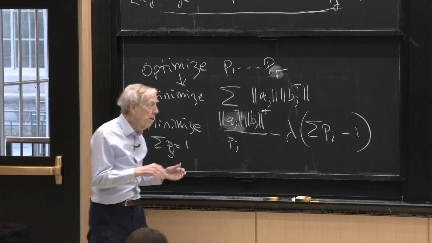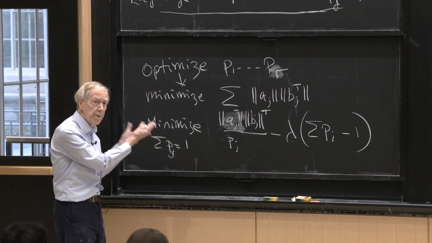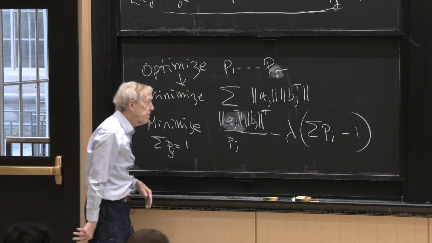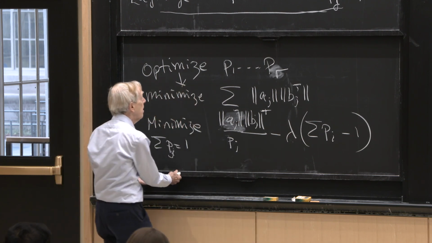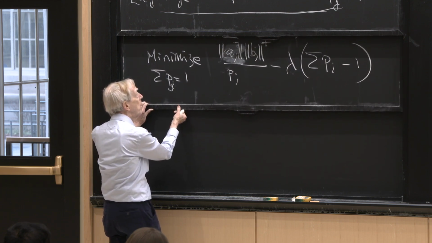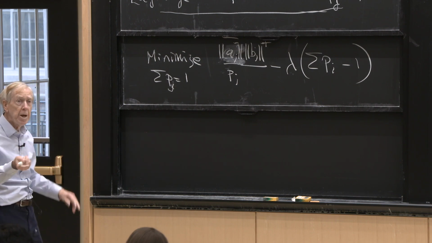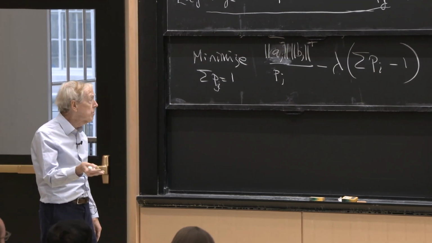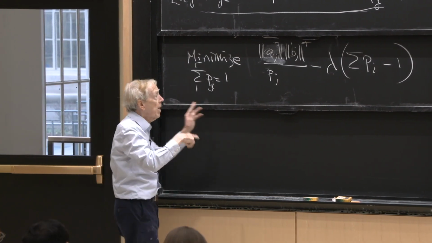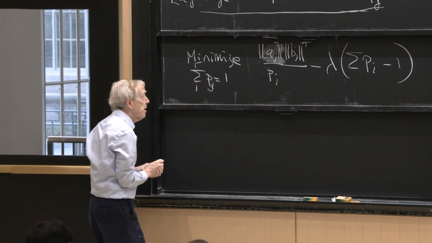So I've computed the final answer with the recommended p's, but now I'm going to show that they really are recommended. So can you take the derivative of that with respect to p? Take the derivative with respect to each p, because I've got n unknowns there, or however many, maybe r unknowns. And I've got lambda, so I've got r plus 1 things. So what's the derivative with respect to p?